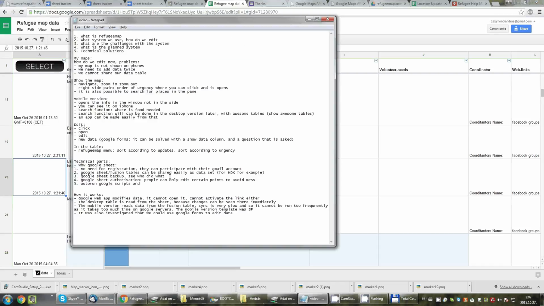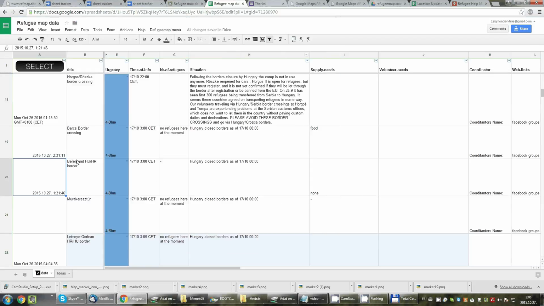Other things, oh yeah, the way it works now is that unfortunately the mobile version is using the Google Fusion Tables, and the desktop version is using the Google Sheet as a database. Probably it could be done in a way that it's easier to use only the Fusion Tables, but with the Fusion Tables, which I will show you,